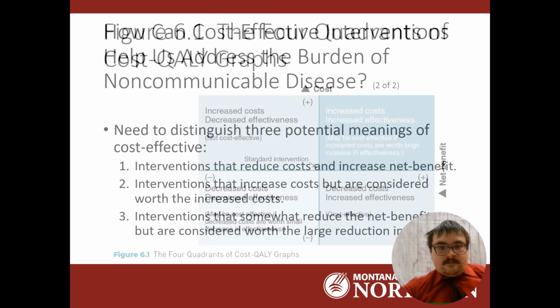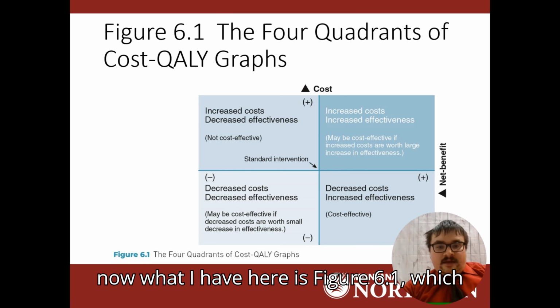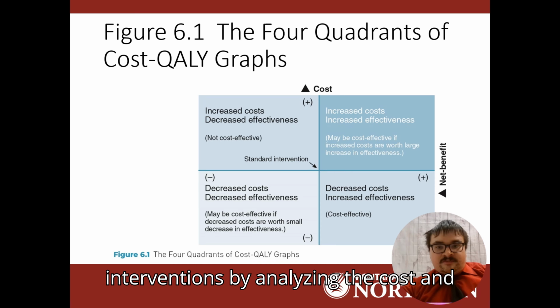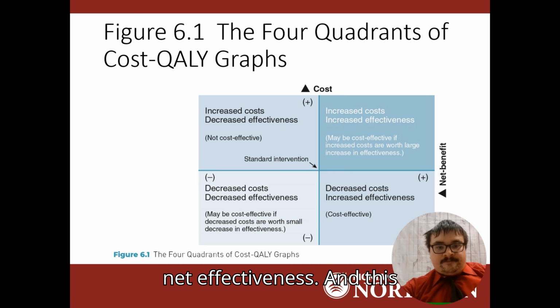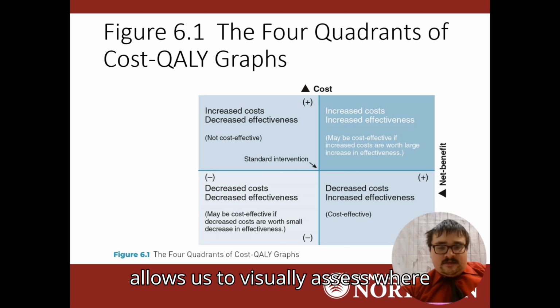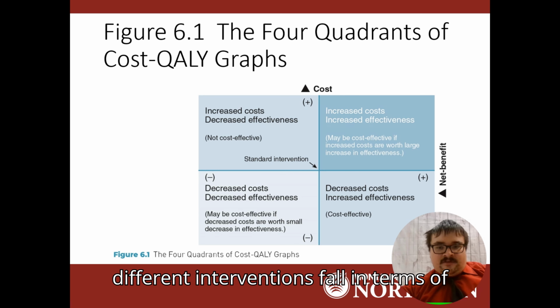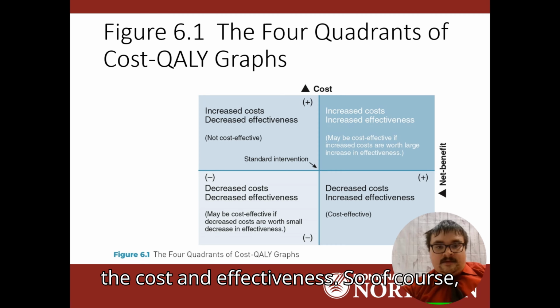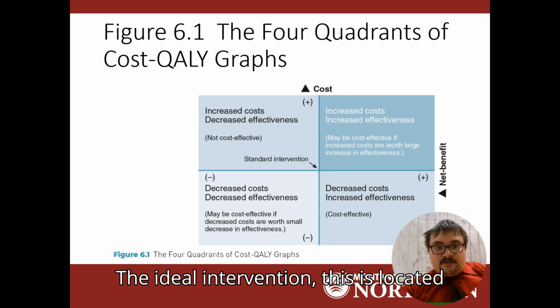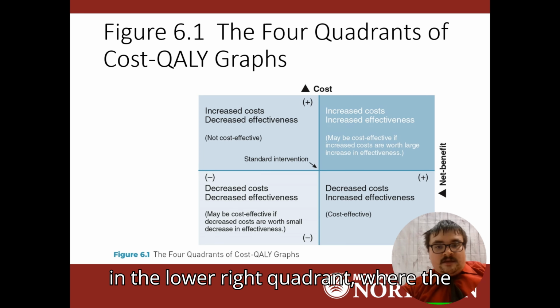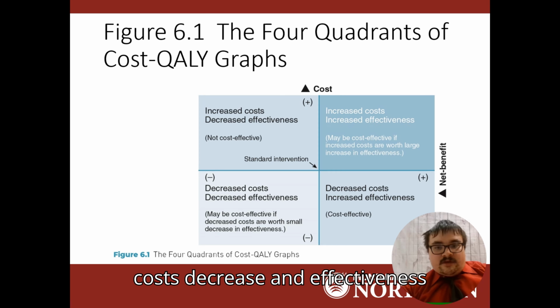All right, and now what I have here is figure 6.1, which is a tool that helps us categorize the interventions by analyzing the cost and net effectiveness. And this allows us to visually assess where different interventions fall in terms of the cost effectiveness. So, of course, the ideal intervention is located in the lower right quadrant, where the costs decrease and effectiveness